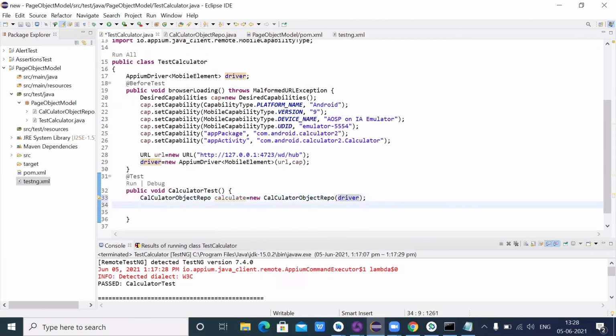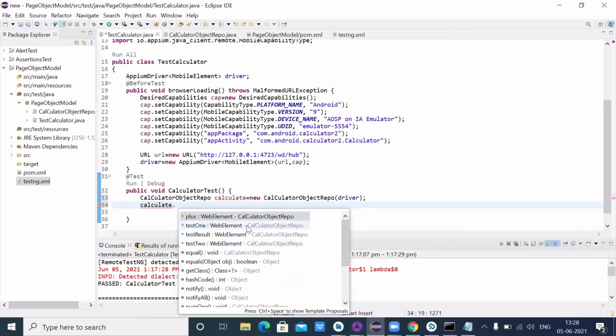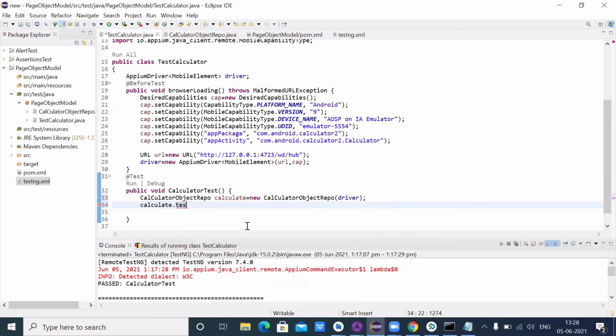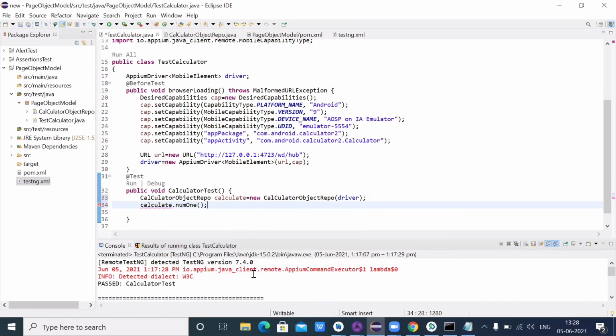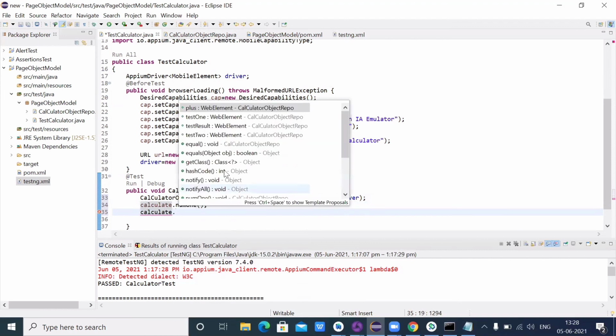Now I will call those methods which are available in that class. So calculate dot. First I want to call number one, because I have the number one method. Here I am getting those options, and it shows the number one method. This is the one I want. So first I will call that method, then calculate dot plus click method, which I have.